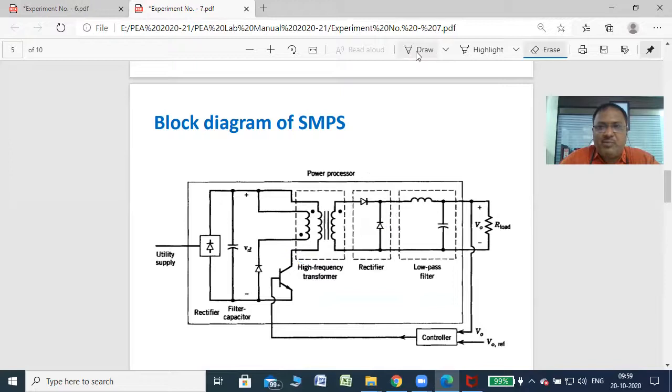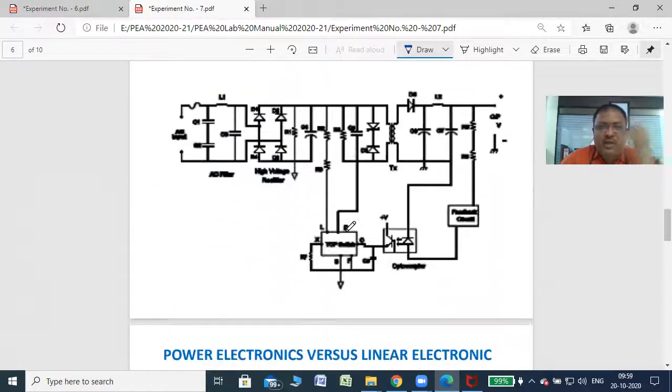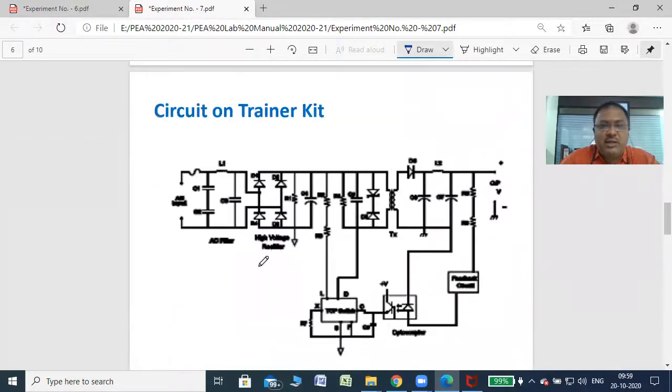This is a block diagram of SMPS. Now this will be the actual circuit inside the trainer kit, in which this top switch is used, which is basically called the main switch of an SMPS, right? And even the triggering circuit to this switch is given through an optocoupler. So whatever voltage appears across this particular resistor is called the sampling voltage, which is given to the LED, that is the photo LED, or photodiode you can say, so that the triggering pulses, maybe light, will fall on the base of this phototransistor.